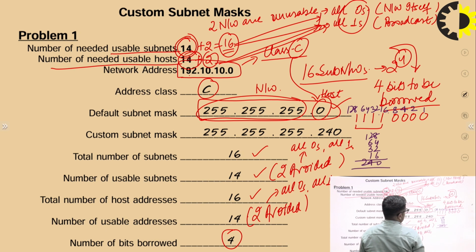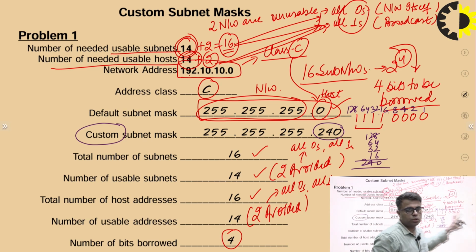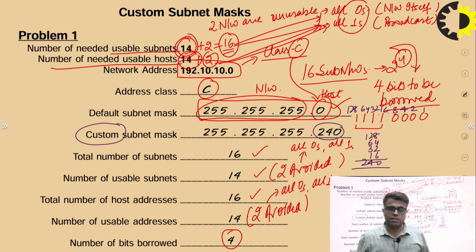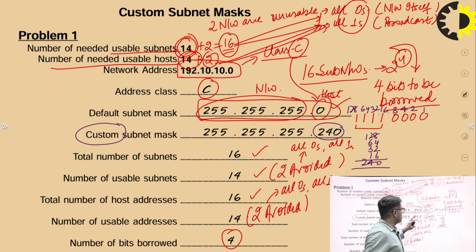Okay. So that's why this is the custom subnet mask. If you want to achieve these requirements, to create 14 usable subnets out of a total of 16 created ones and 14 hosts out of a total of 16 hosts, we have to borrow 4 bits. And if we are going to borrow 4 bits from this host part, then the subnet mask gets changed into